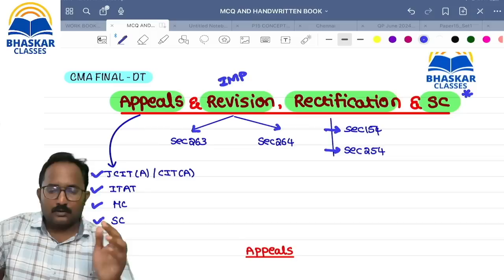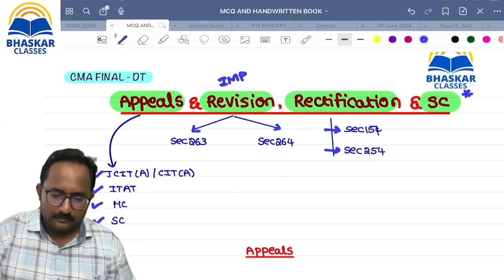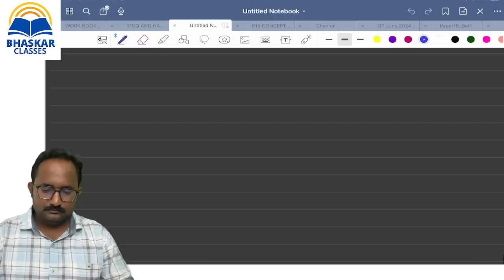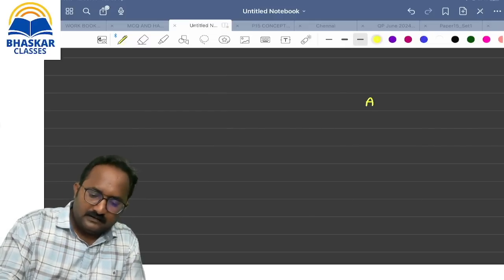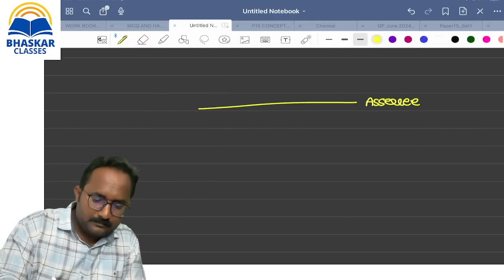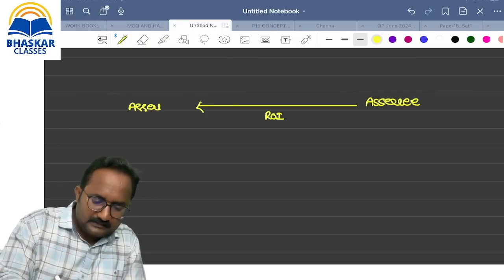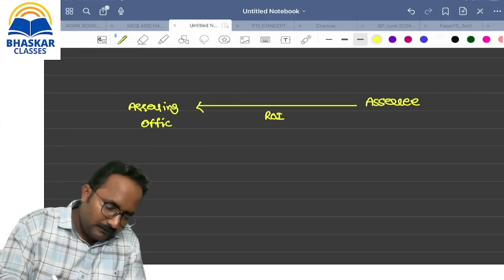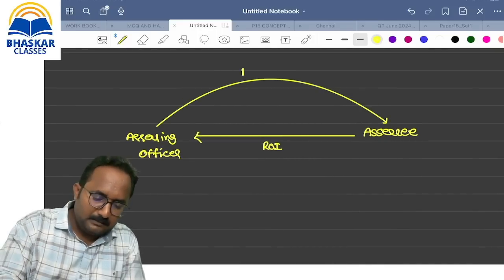Without going into the topic, I just want to give you an overview of 10 to 15 minutes. Then after that, one by one, we can start the topics. Remember, if you understand the concept, what is what, automatically you can learn the concepts also. Now I will tell you. Yes, ma'am. SSC filed his return of income. That will reach whom? Assessing officer. The assessing officer will do the assessment. After completion of the assessment, he can give the assessment order.